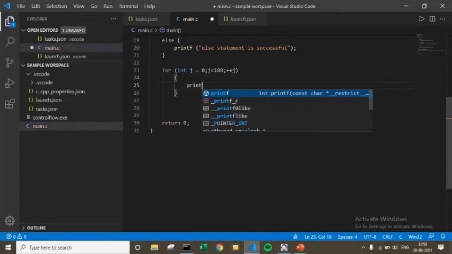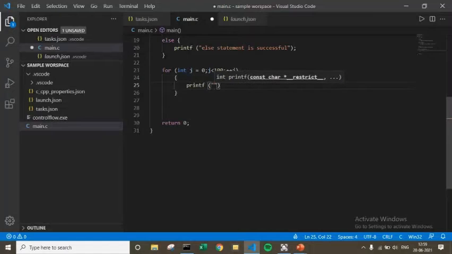So printf %d j, and let's add a new line to it. This \n will print a new line.